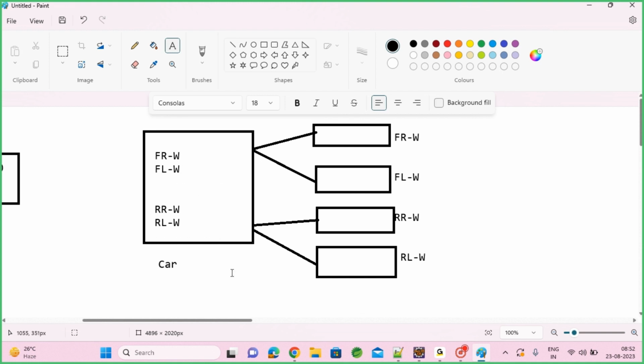You know how to inject this object. If I do dependency injection directly this way, this front right wheel into the right wheel object, front left wheel into the left wheel object, same for the rear right and rear left wheel objects, directly if I inject here,